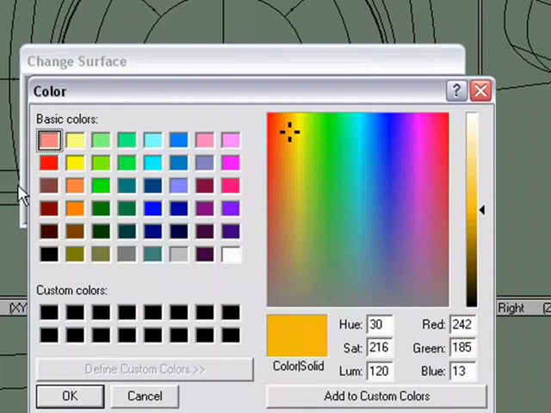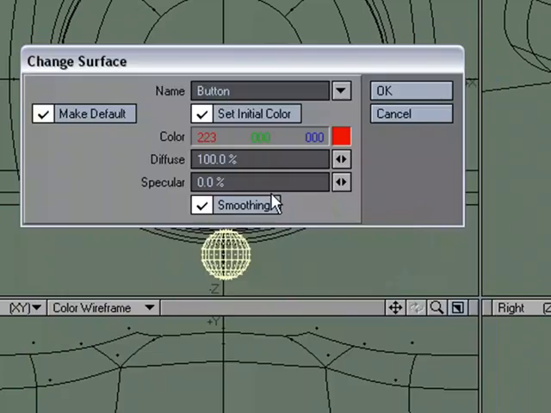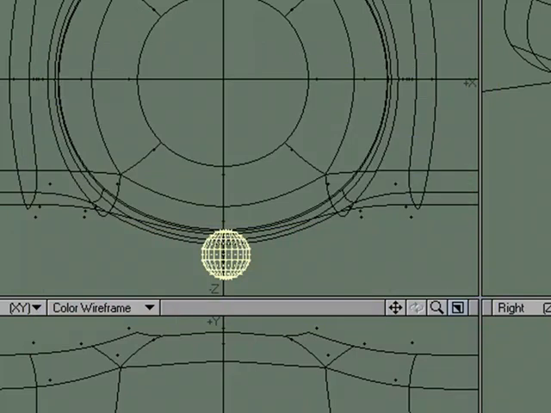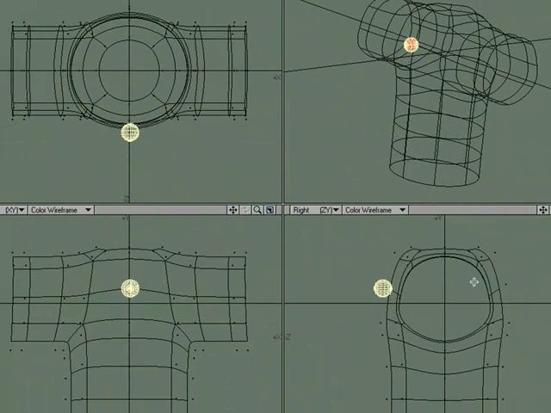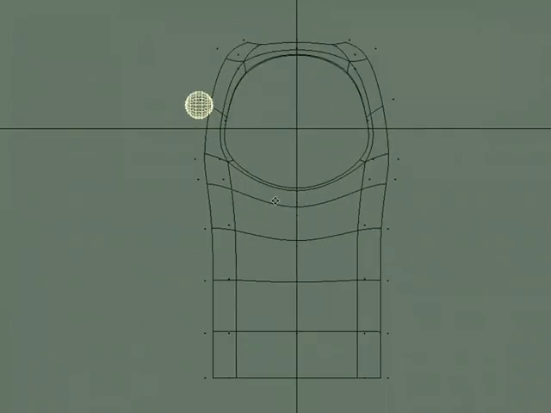Button, and why not? We're going to go a little clown on this. And there we go. And with that still selected, I'm going to go to full screen on my right view and copy paste, move, copy paste, move, and actually I'll move this one up to here and copy paste, move this one down to here, and I want to kind of even these out a little bit, so select both